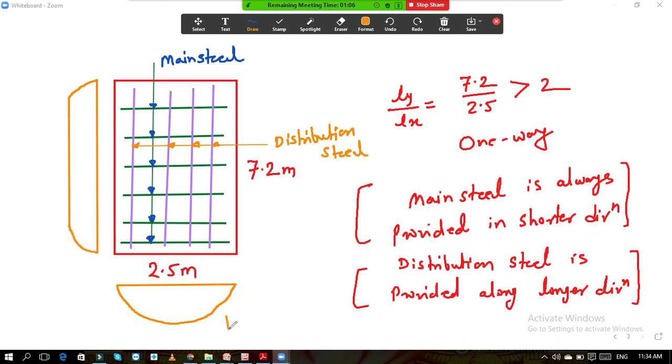Okay, so this is parabolic and this is constant. Now see, the point to understand over here. If you see the shorter direction, your deflection profile is parabolic. So if you calculate the deflection at various points in this shorter direction, then you will get this as a parabolic curve. Okay, if the parabolic curve is there, then your deflection is more, and if the deflection is more, then the beam can fail due to deflection also.